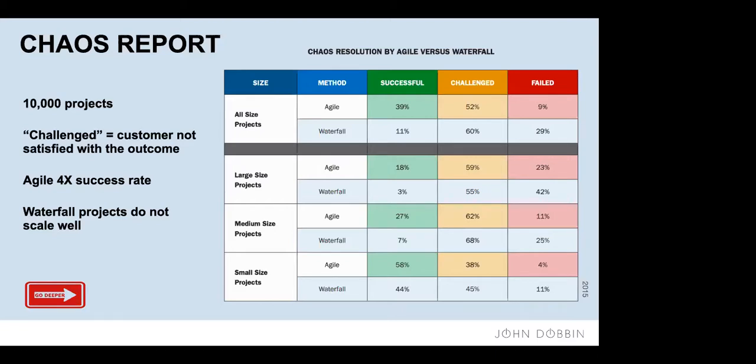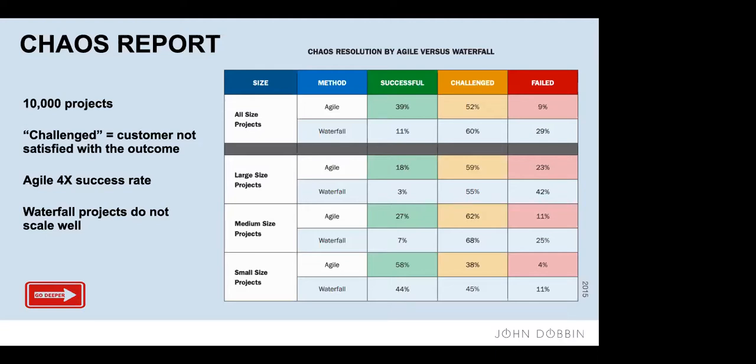And so this is why things fail. And so it's with the larger projects where we want to move more into Agile, because larger projects inherently have more uncertainty, more complexity built into them. The small projects, not a big amount of difference. Medium-sized projects, again, Agile's better.